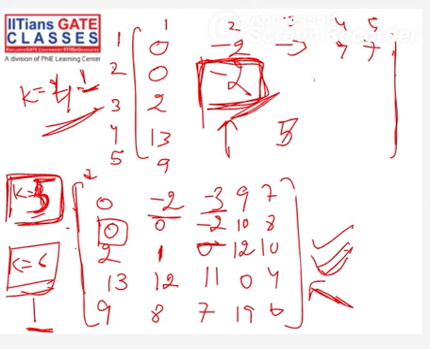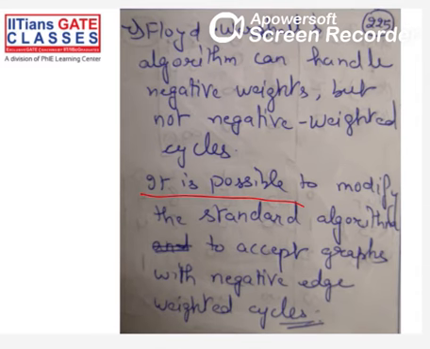So this provides you an order V cube algorithm to find whether your given graph has negative edge weight cycles or not. Negative edge weight cycles you have to find. You don't have to find negative edge weight, that can be done with Dijkstra's algorithm. This will be the answer, and this is how you can try and identify negative edge weight cycles.